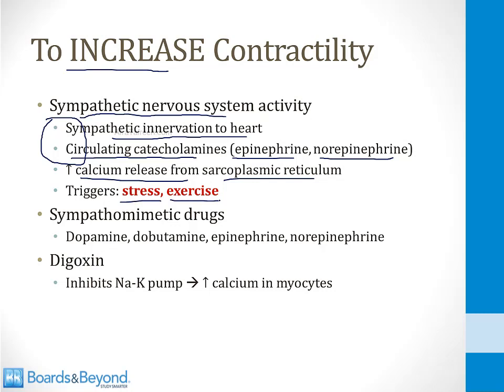system activity. A non-physiologic way by which contractility can be increased is via the use of sympathomimetic drugs. These are drugs like dopamine, dobutamine, epinephrine, and norepinephrine. They all stimulate sympathetic nervous system receptors in the heart, and they exert the same effects that the sympathetic nervous system normally does under physiologic conditions. And then finally, the drug digoxin, which I talk about in some of the other cardiology modules, inhibits the sodium-potassium ATPase pump. This leads to an increased calcium level inside of myocytes, and this is another non-physiologic way to increase